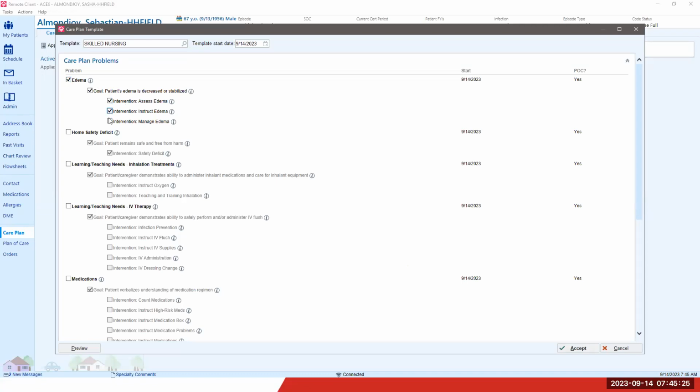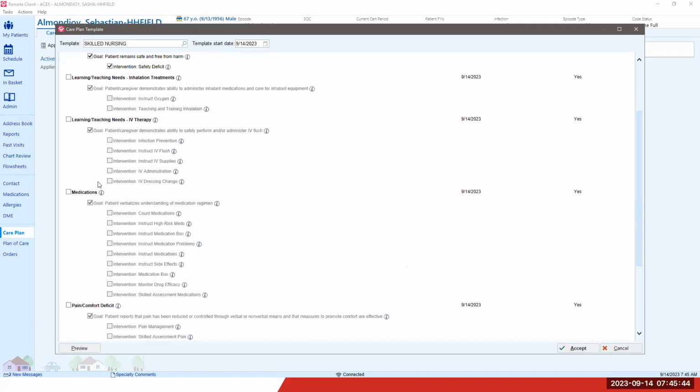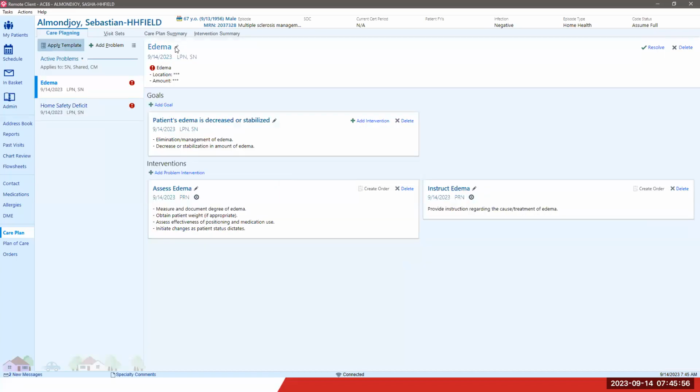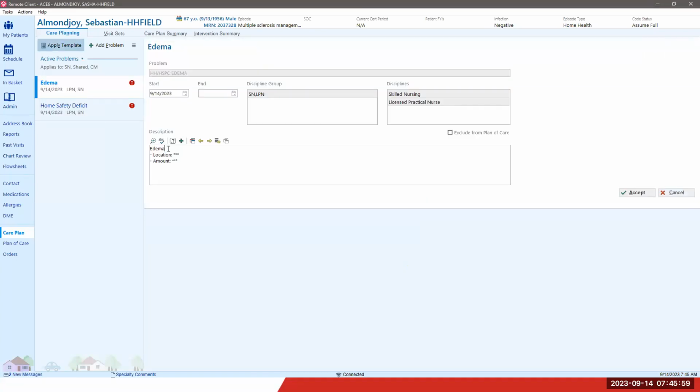You can select interventions, and this could be any content. Maybe don't pay attention that it just says edema and to decrease edema, but you can imagine this could be your problem related to your discipline, as well as your goal, and then your intervention to accomplish those. And then you can pick home safety, whatever you'd like. If the patient had some sort of nursing need or PT need, you just want to make sure that you're addressing those. Now, the interesting thing is when you place those in, of course, they'll have to continue in to